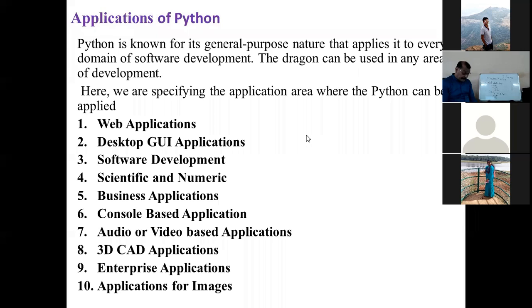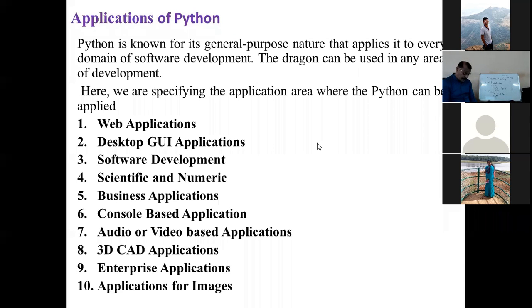Next one is software development. Source control management is there, testing paradigms are there, you can develop software. Scientific and numeric types of applications you can develop. So SciPy, Pandas, IPython. SciPy is a group of packages for engineering, sciences and mathematics, used for engineering types of applications.